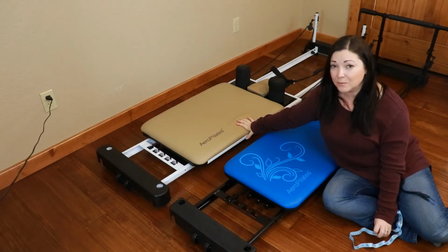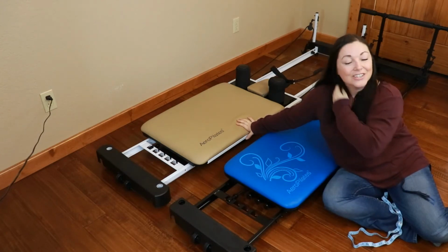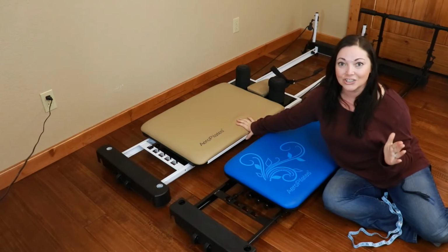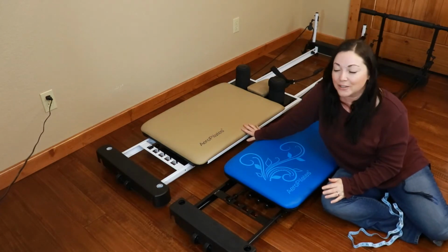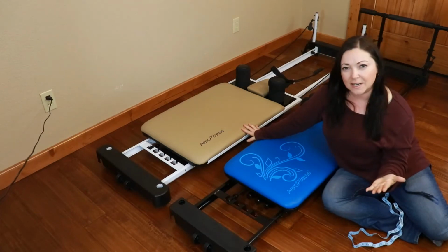Marjolaine Bergman, who's extremely strong, if you see some of the videos that she has on AeroPilates, it's extremely advanced things that she can do. She is amazingly strong. And this 5 cord, she could barely push away. Now, she's also little, but she's extremely strong. So if you have maybe your husband and he's really trying to build bulk or something,